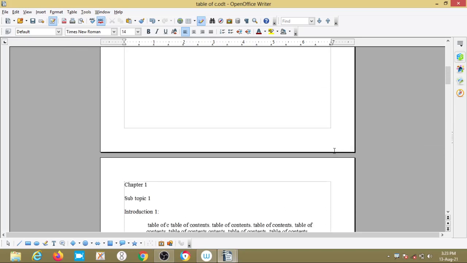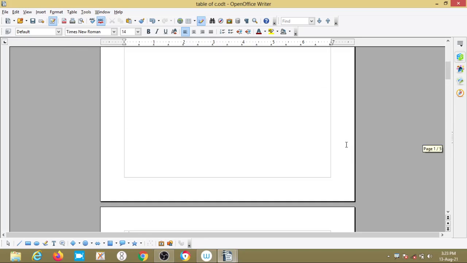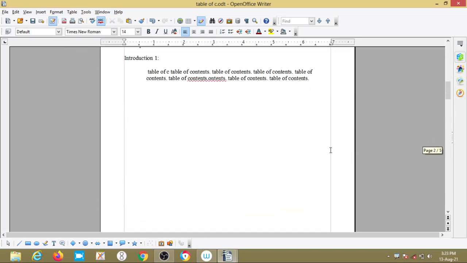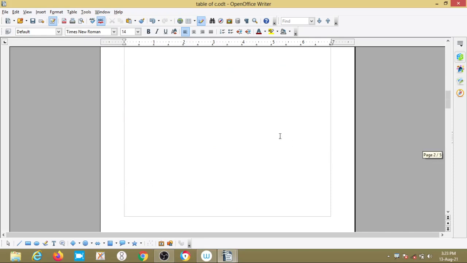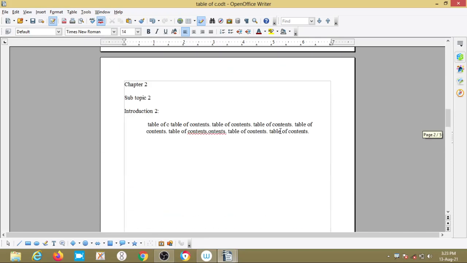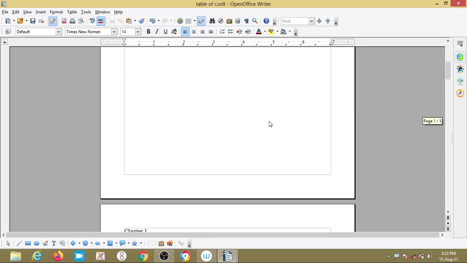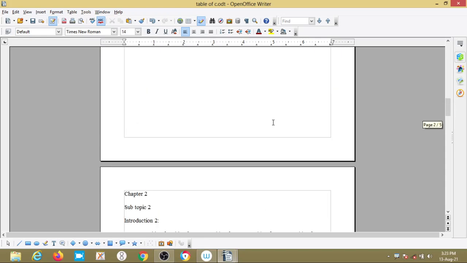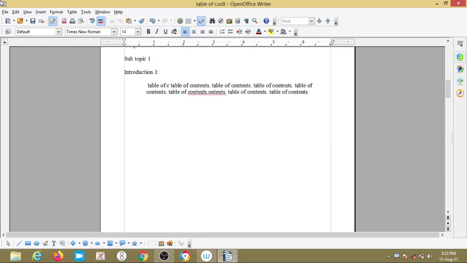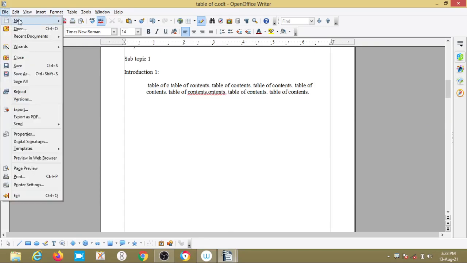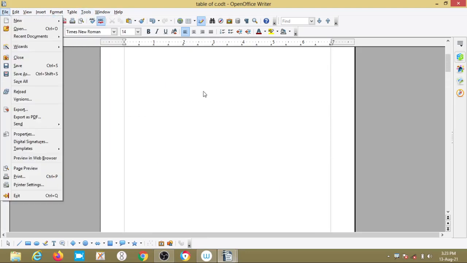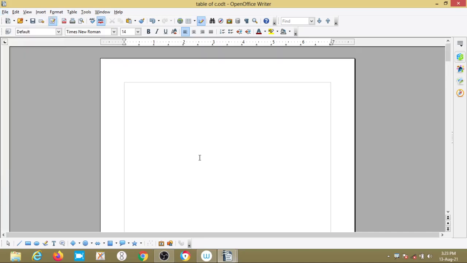If I want to create a table of contents for a book, I need chapters. Here I have created 4 chapters. So file, new, text document, click on that. The first page you have to leave like that only, because the index should be present there.